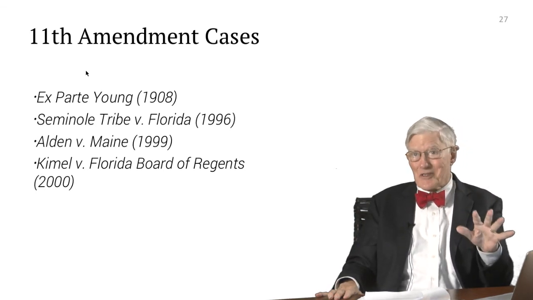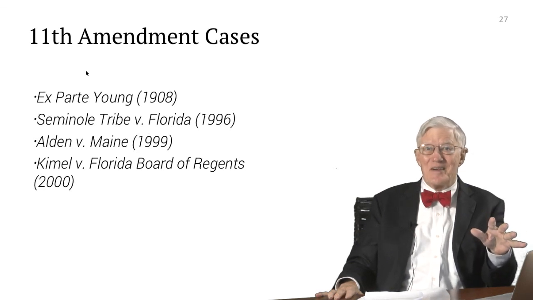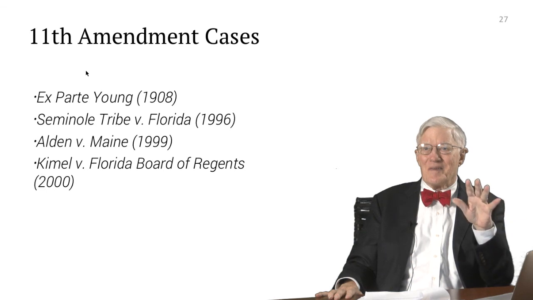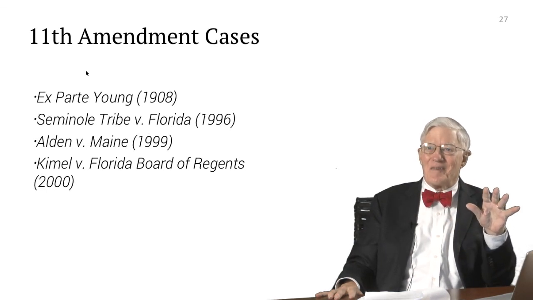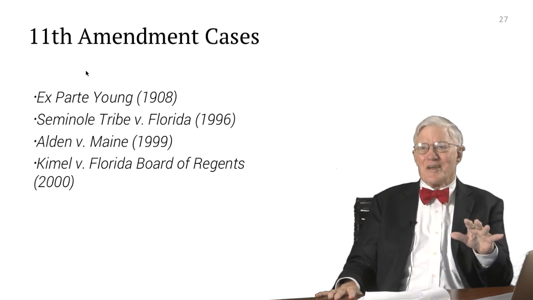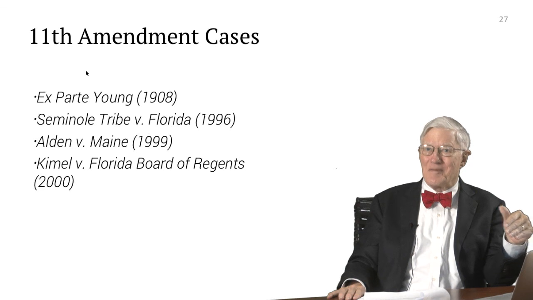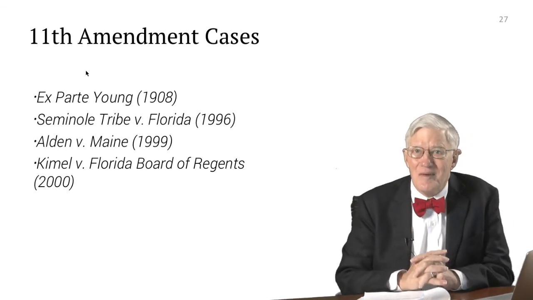So if state officials are doing something contrary to the federal Constitution, you may sue them seeking an injunction. Question of damages is a different question, but injunctive action will